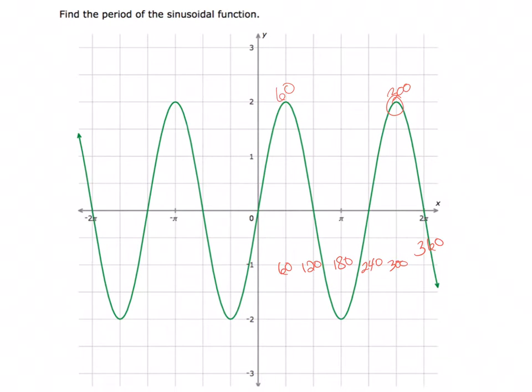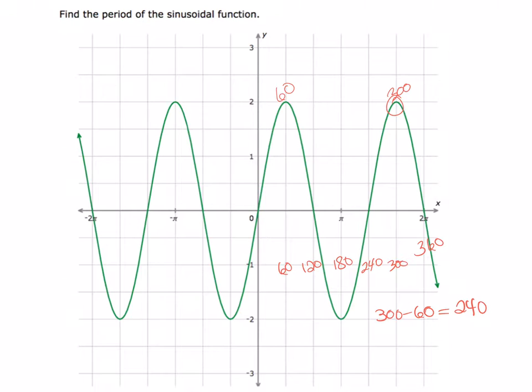So we could calculate our period using 300 and 60. All you need to do is that subtraction. So you're going to have 300 minus 60, and you're going to have 240 as your